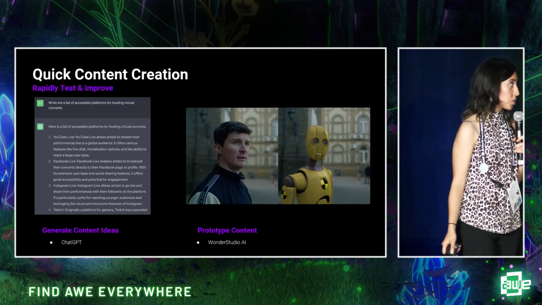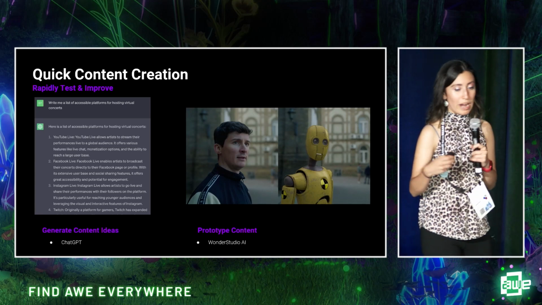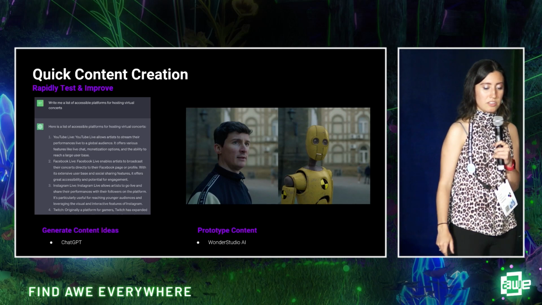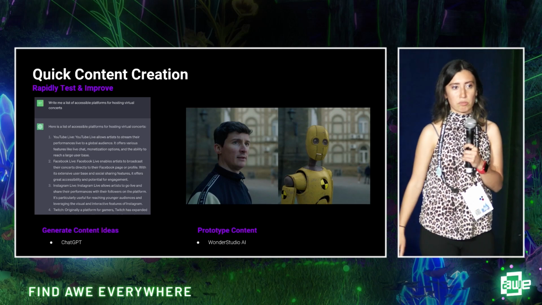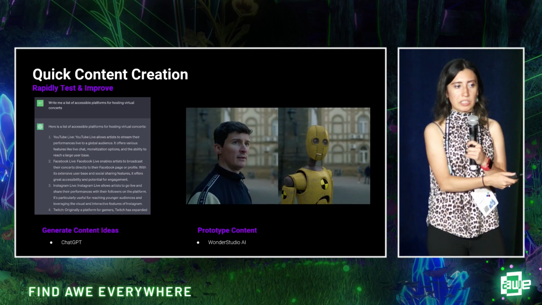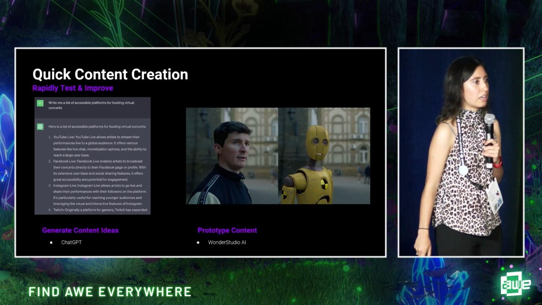Next, quick content creation. So rapidly testing and improving your content. On the left, using ChatGPT. So, hey, write me a list of accessible platforms for hosting a virtual concert. Bam. I mean, you can do this for anything. So write me a list of